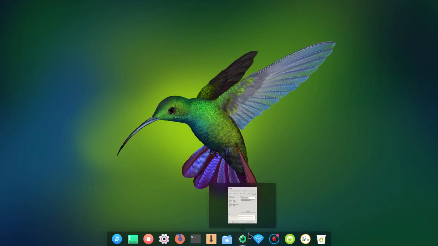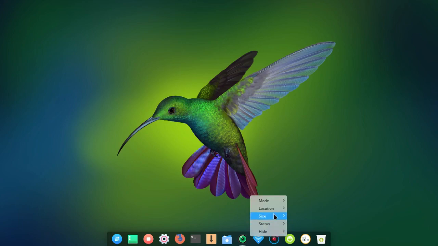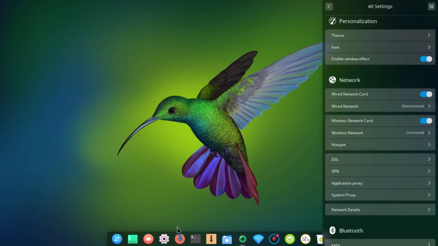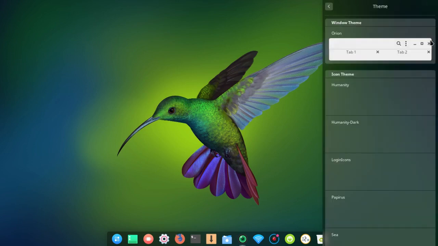Now I'm going to change this so that it's always visible. Keep shown. So now when I go back to the control center, we can look at some of these icons. That's Deepin default. This is Humanity. Humanity dark,